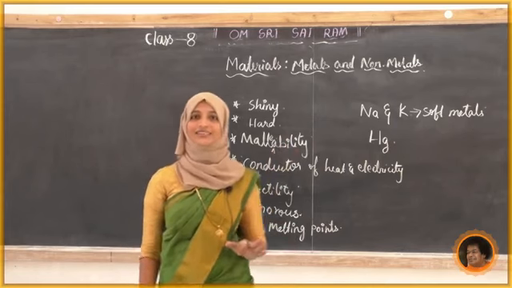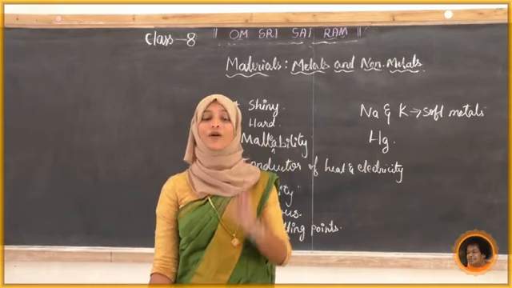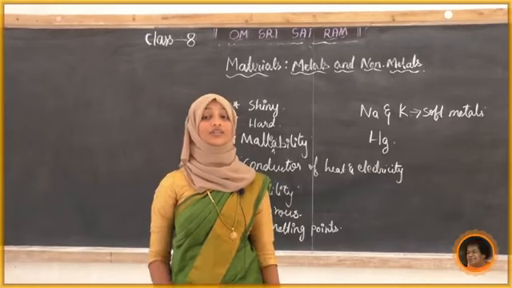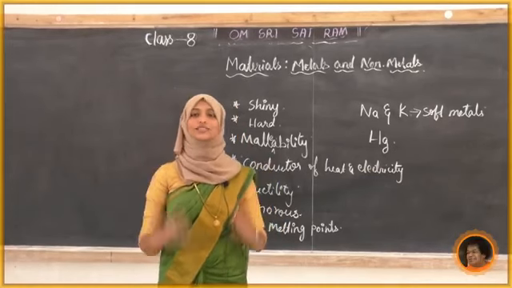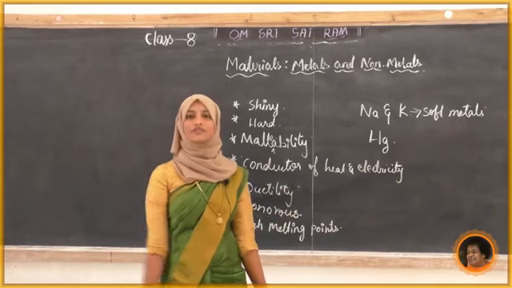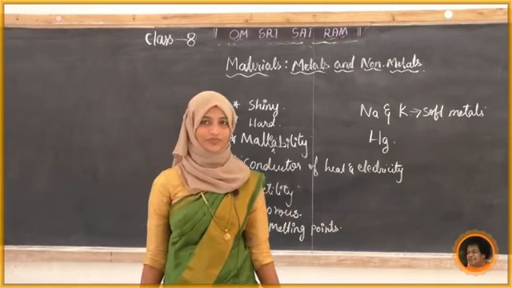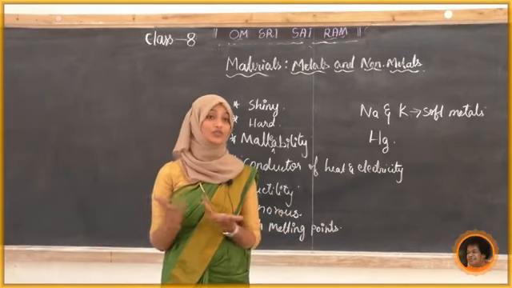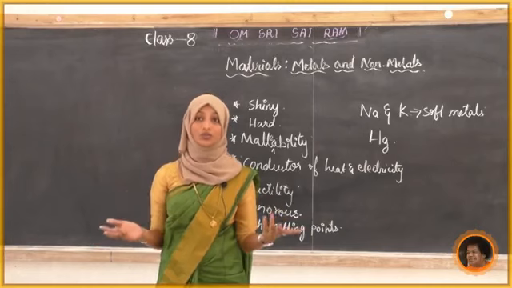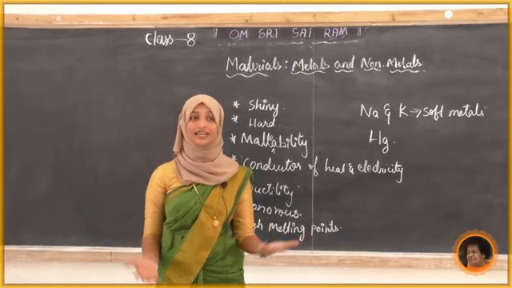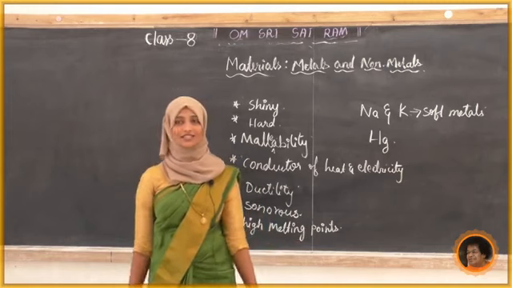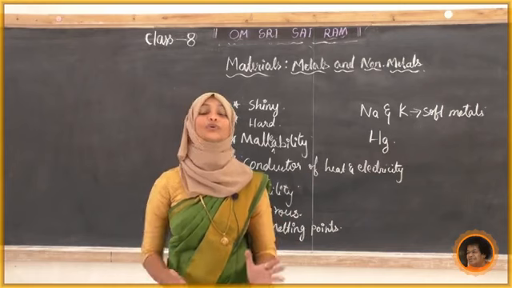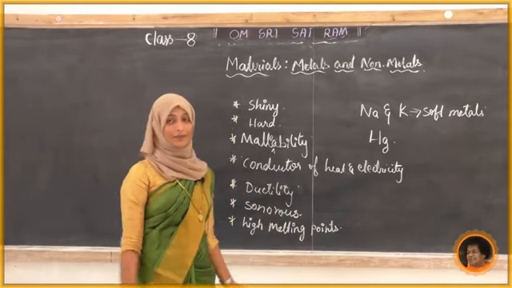Okay. So in today's class we completed the physical properties of metals. Next class we are going to study the physical properties of non-metals. Now we will just recall what we have studied in today's class. Yes. So we come to know that materials are made of two types of things, that is metals and non-metals. So in today's class we have discussed only the metals. Yes, in metals we come to know that they have unique physical properties.